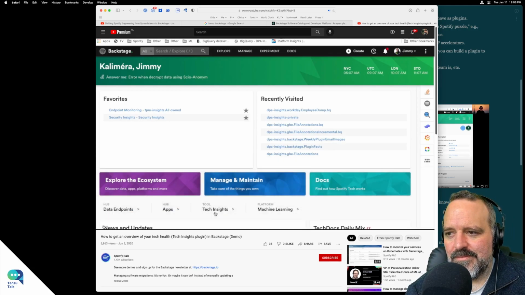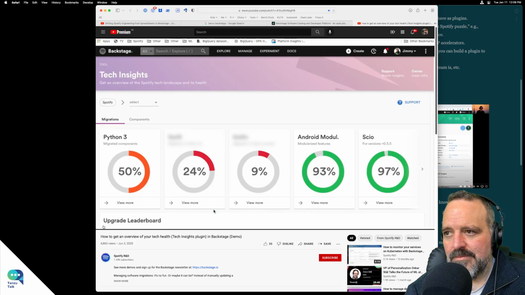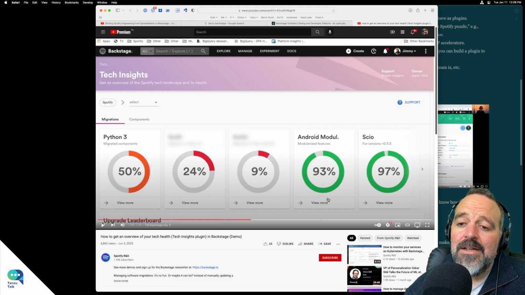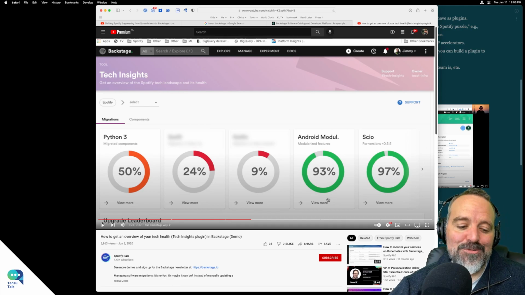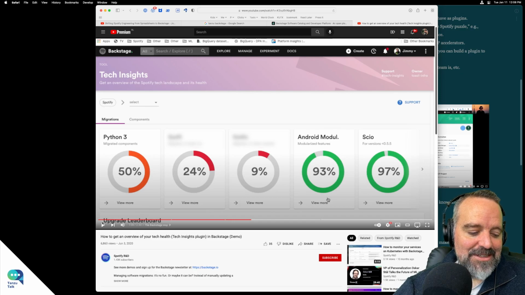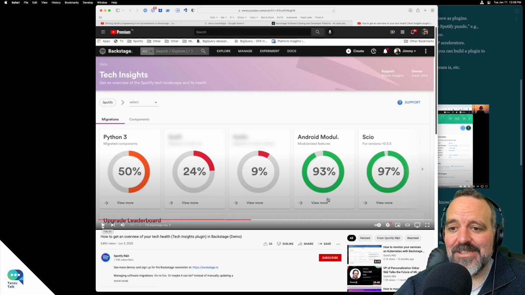In Backstage, you would just click on the Tech Insights tool to reach an overview page showing all ongoing migrations in the company. So you remember in the first video going over this, how each team reports on the enterprise architecture OKRs or KPIs or MBOs, the things that the enterprise architects tell the development teams that they need to work on that year. Upgrading things and stuff like that.